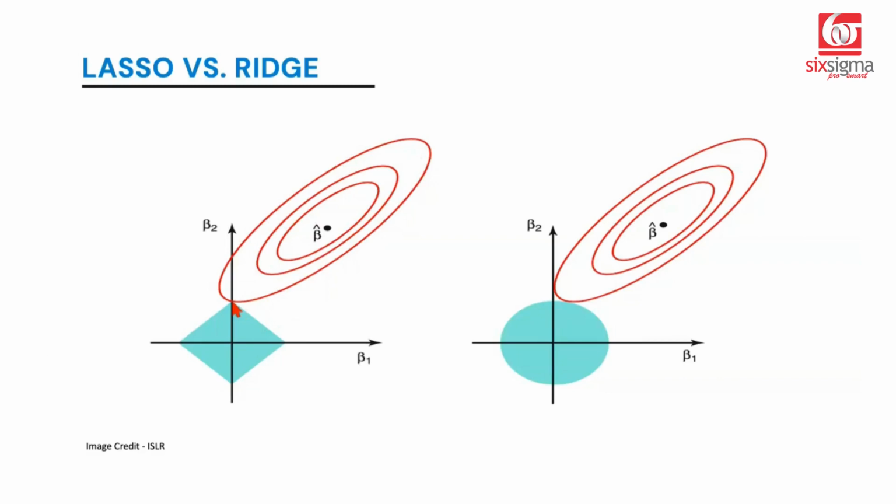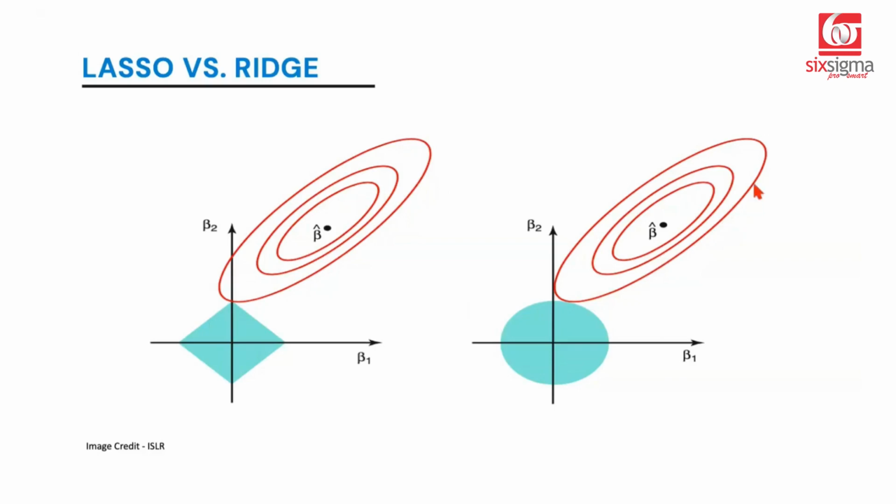Now, we will settle for the value of coefficients where the ordinary least squares interacts with these regularization terms or the constrained region. You can imagine, owing to the kind of shape that the Lasso regression has, if the elliptical boundaries interact with this constrained region bound by Lasso right at this point on the y-axis, which is in this case beta 2, you can see that it would have some value for beta 2, but the value of beta 1 here would be 0. So a 0 value for beta 1 is attainable if these elliptical boundaries intersect the constrained region right at this